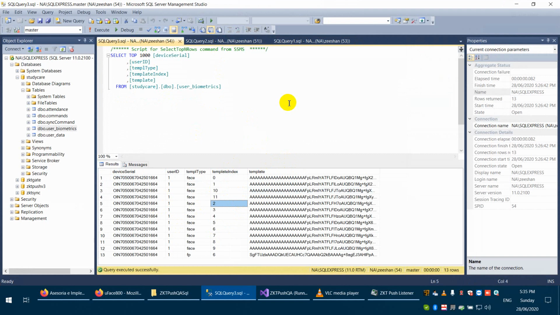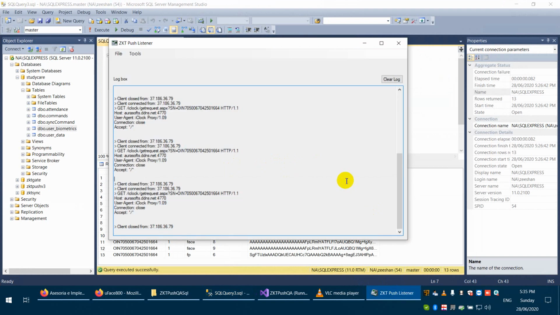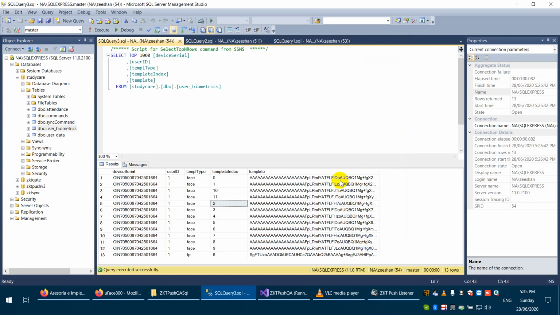There are many things that we can achieve using this push protocol. For example, if you have multiple devices on the network, it is possible that we enroll a user in one device, and then its fingerprint or face template will be received in our database, and then we can send the same user info and template info to all the devices on the network.